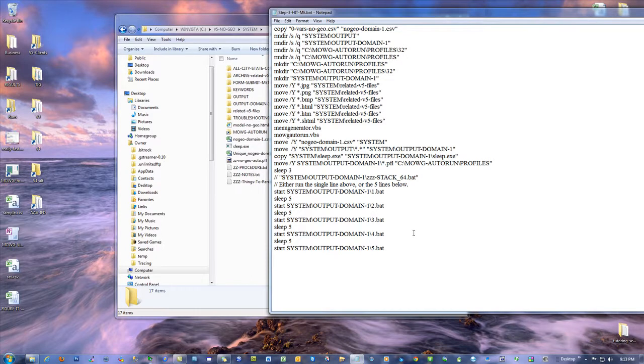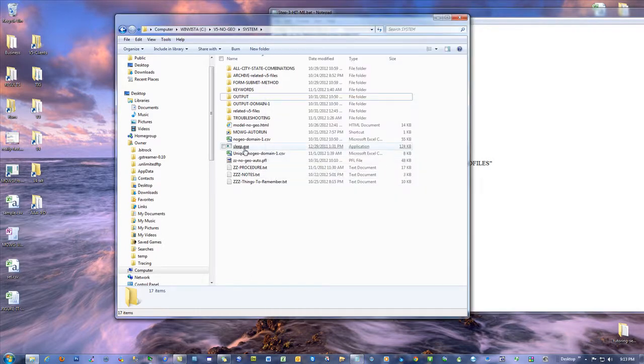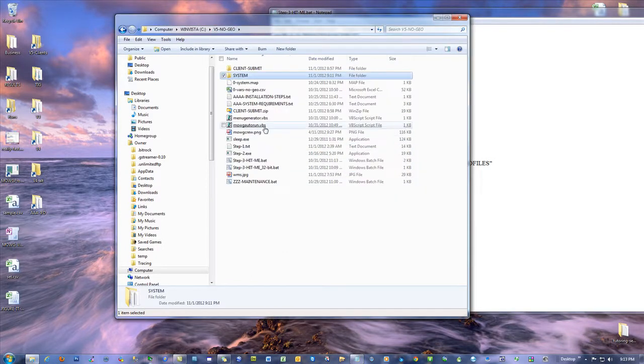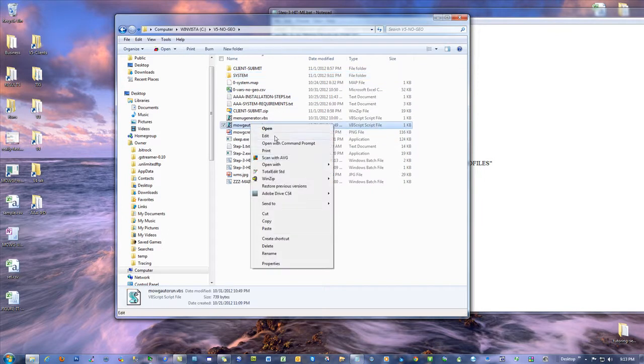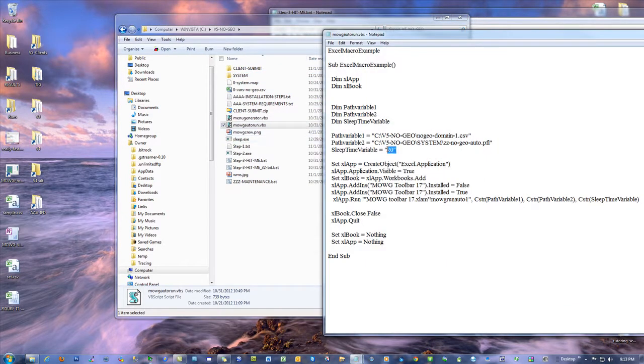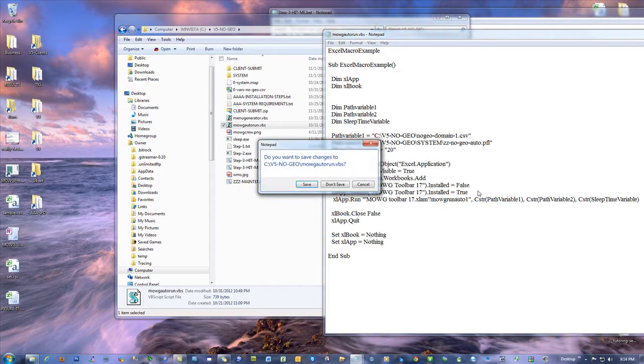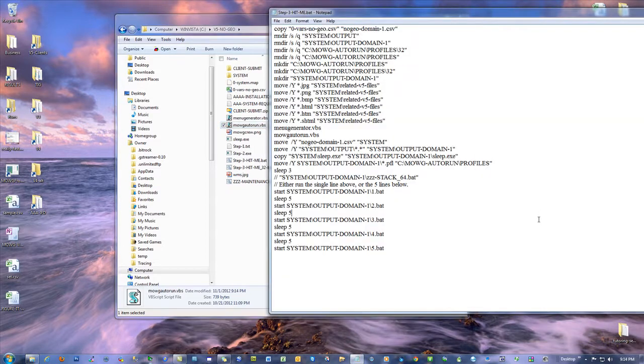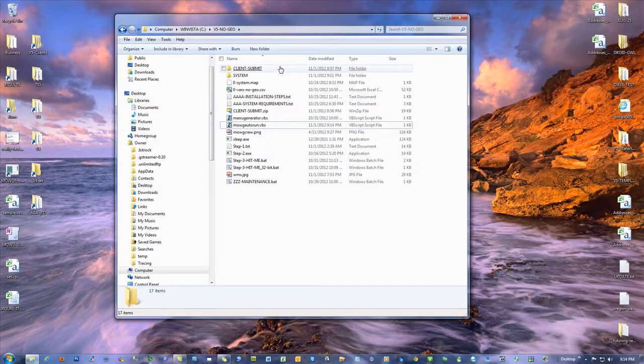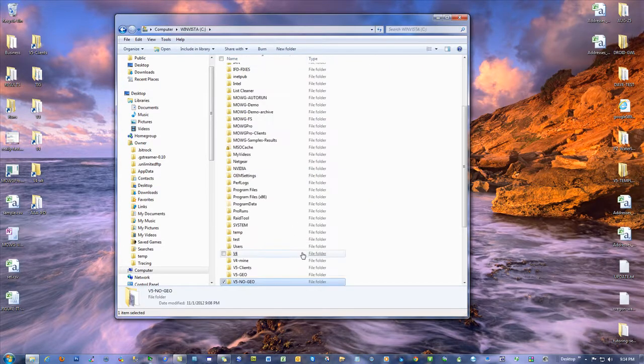Okay? Whatever it is that you had for that interval, right in the MOWG autorun.vbs when you edit it and you change the sleep time variable to that interval you want: 20, 40, 60, 80, or 30, 60, 90, 120, or 40, 80, 120, 160, whatever's comfortable for you. Okay? All right. So anyway, yeah, I mean, as much chat as there is about how this works, ultimately it's